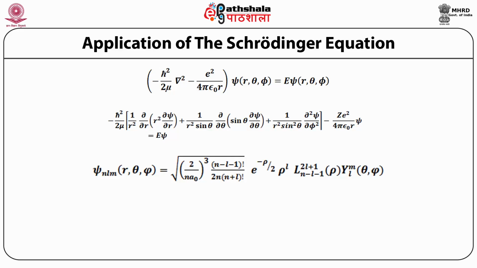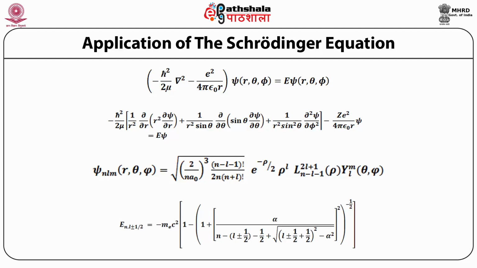So, three quantum numbers: n, that is the principal quantum number, the orbital angular momentum quantum number, small l, and the magnetic quantum number m, take the values as n is equal to 1, 2, 3, etc. Then small l is equal to 0, 1, 2, 3 till n minus 1, and m is equal to minus l to l. So the corresponding energy eigenvalues, including the fine structure correction, are given by